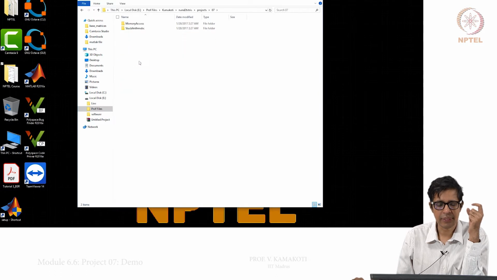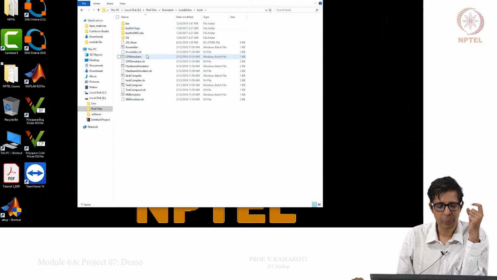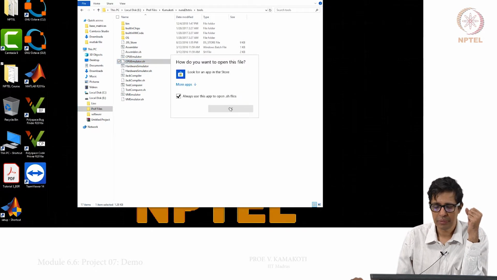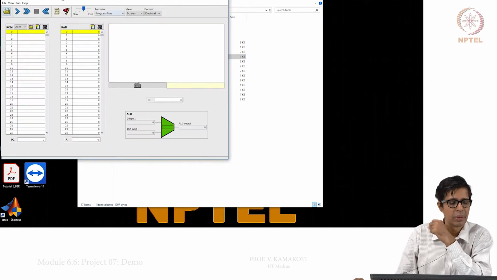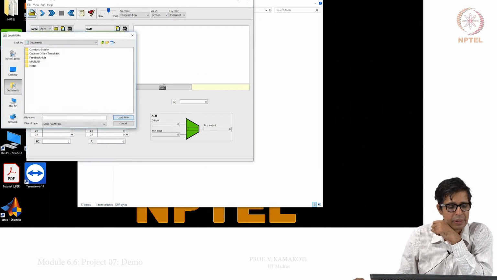We look at this 7, we look at the tools, we open the CPU emulator, and on the CPU emulator we can load these files. I will just show you loading of one of these files.